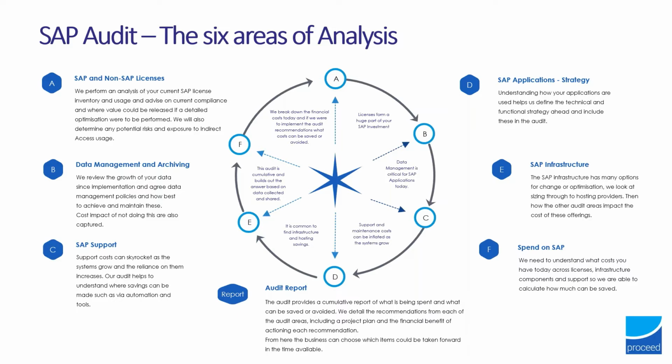This is where data management and data archiving, that's when Proceed come in. We look at your current data usage, your growth patterns, etc., and where we can affect change and improvements. SAP support costs have skyrocketed, so this is something that BlackDog can help understand, how we can better utilize support, maybe to do with upgrades, etc., to get you on a path to